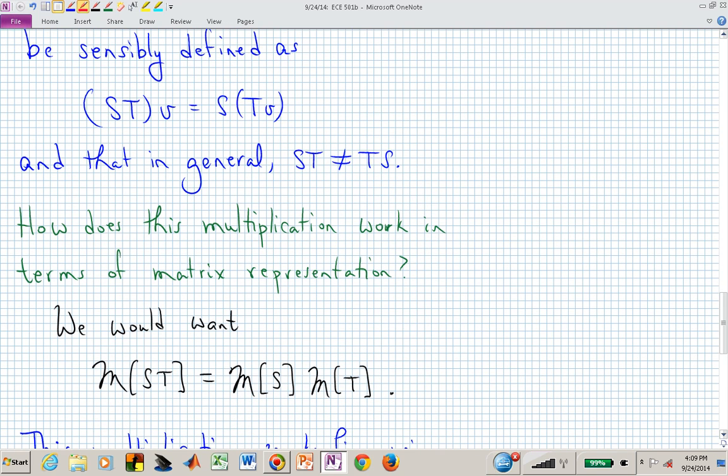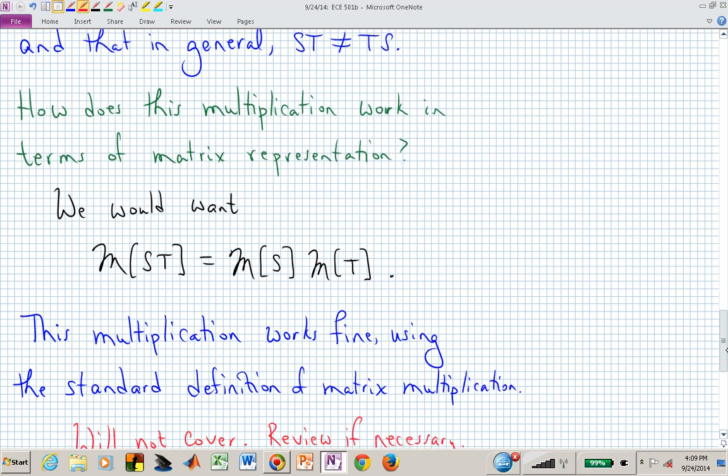And then you could ask the question, how does this multiplication of linear maps work when we represent these linear maps as matrices? And that's where this script M comes in. Script M of the product of S and T, as a matrix, it would be nice if that was equal to the matrix of S times the matrix of T. That's what we would like to have happen, and in fact that's the way it works,